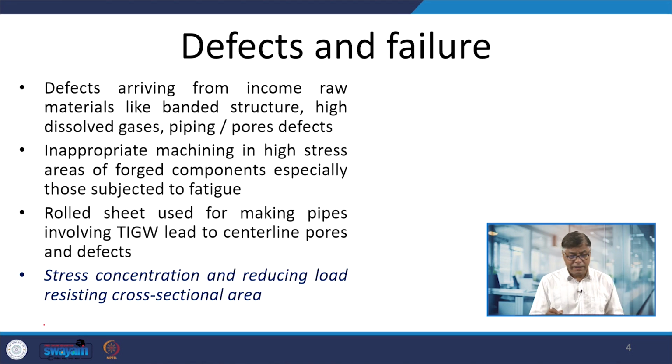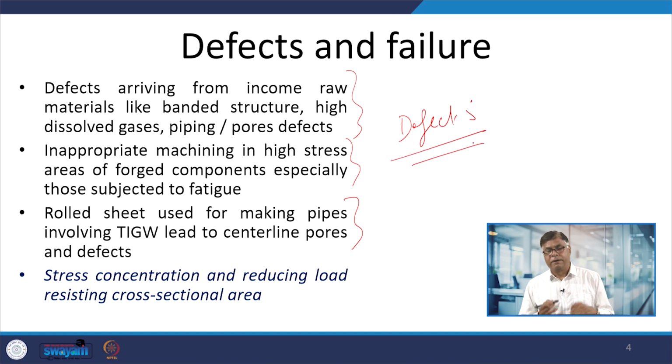Okay. So, whenever a component is made by a forming process, whether it is made using, like say, the ingot that has been used for making the TMT bars, or the forged component has been machined having high stress concentration like feed marks or inappropriate fillet radius or having defects. Okay. Then what it does, the presence of defect